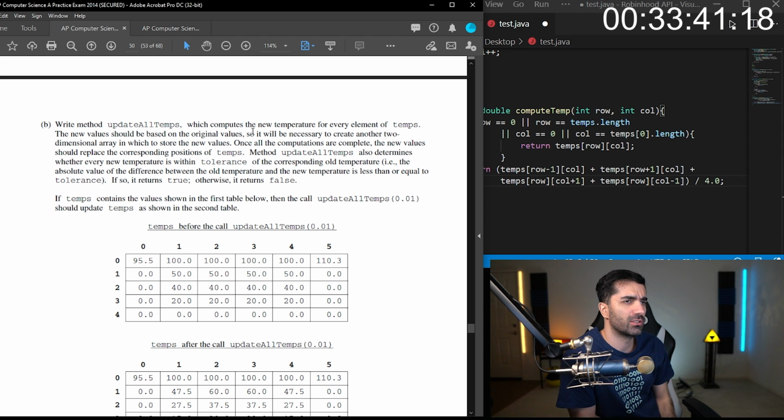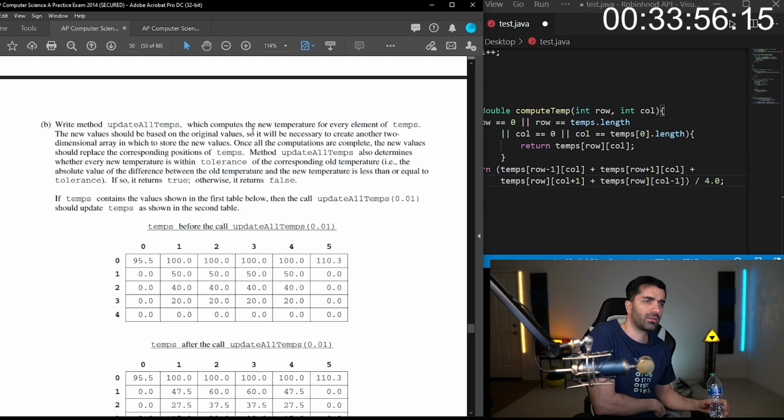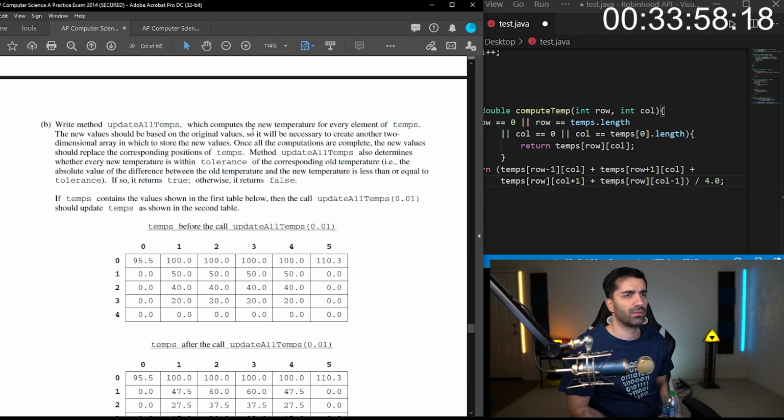Once all the computations are complete, update the new values. The new values should replace and correspond positions of temps. Update all temps also determines whether every new temperature is within tolerance of the corresponding old temperature.